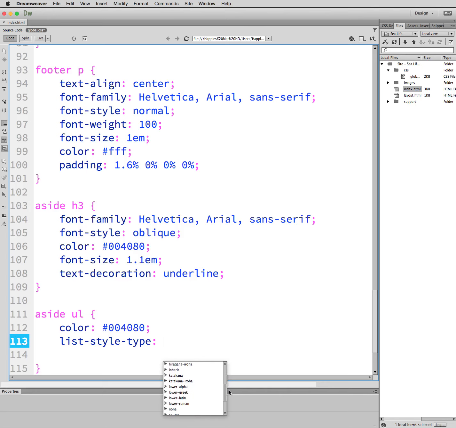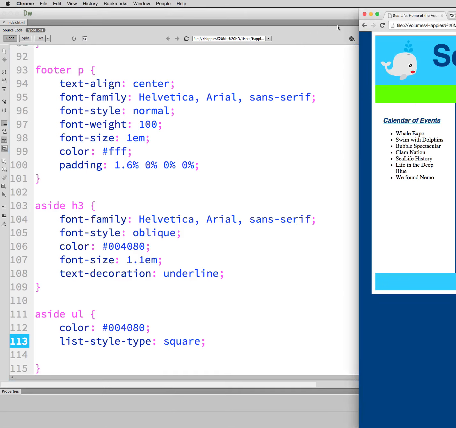We have options in here. I usually do none. But we have options where we could change the bullet. We could change it to a square. You could change it to a hollow circle, or a disc. You could do a lot with it. I'm going to look and see how square looks. If square makes me happy, I'll keep it. If not, I'll just get rid of it. So now it's just square instead of being